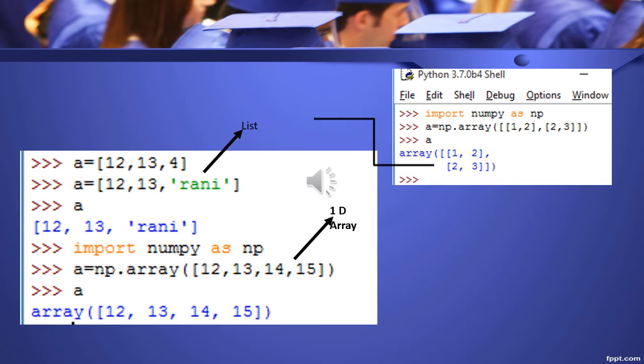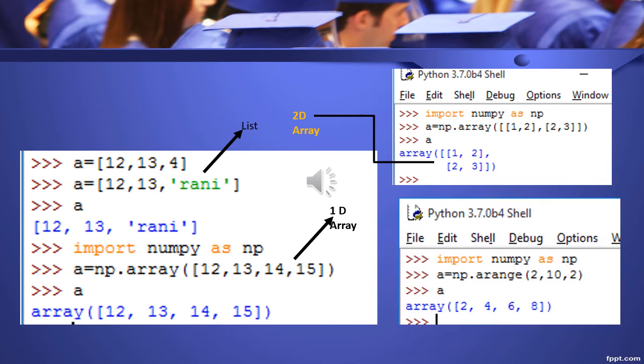Np is the alias name for the numpy library. This is the one-dimensional array creation. For 2D creation, we have to use double square brackets. See, a equal to np.array, double square brackets, 1, 2 indicates the first row, and 2, 3 indicates the second row.